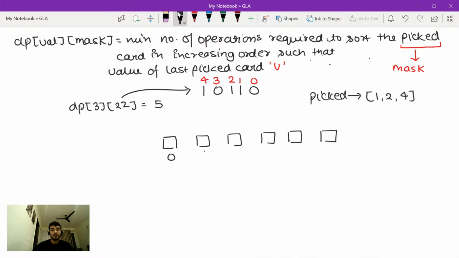So card 0, card 1, card 2, card 3, card 4, and let's say card 5. Cool. So here so far I have picked 1, 2, and 4. These three cards I have picked. And to sort these three cards, you will require a minimum of 5 operations,